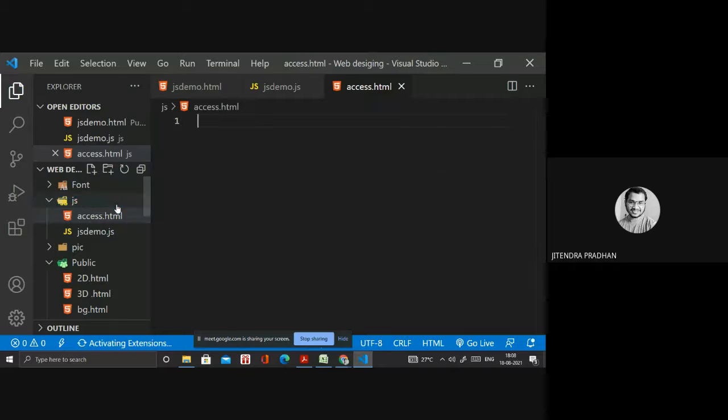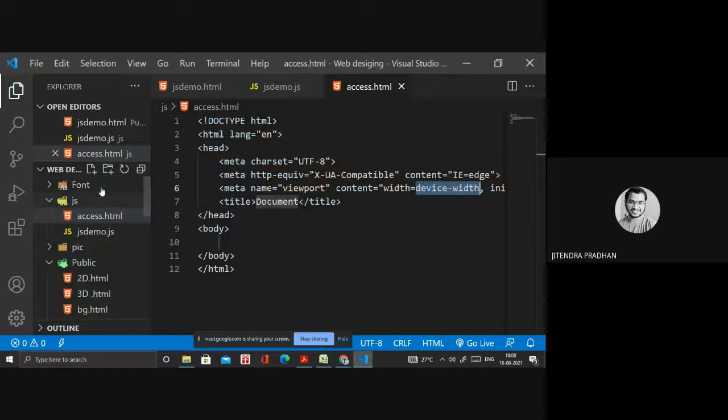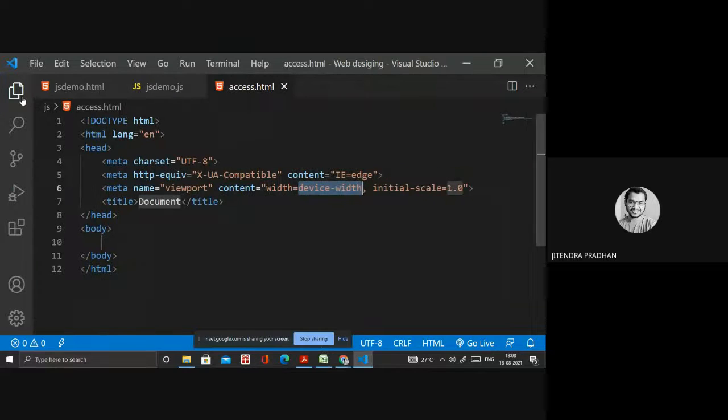Okay. So first I write HTML. Next I will give the title name: access by using reference name. Or if I use only reference name, it's better.